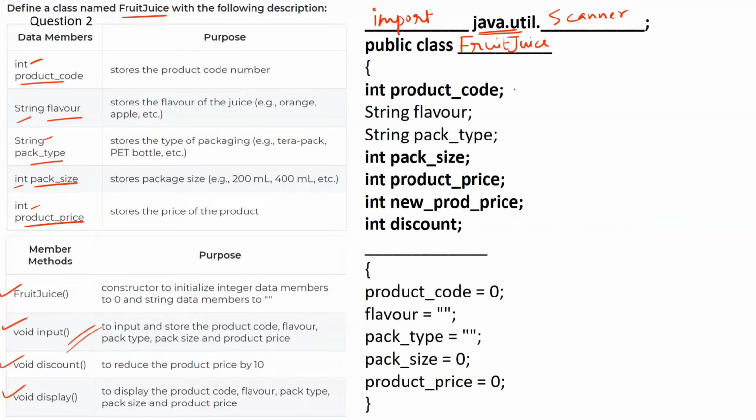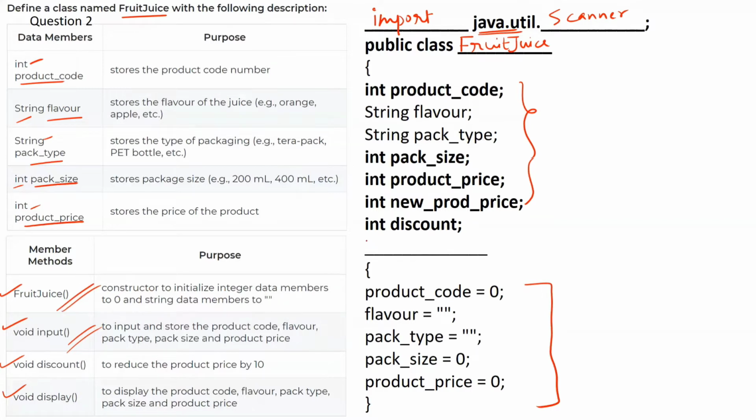Moving forward, what we have done here is we have declared the variables. And here we can see that we are initializing those particular variables, instance variables. So in order to initialize the instance variable, what we do is we create a constructor, and here we can see that they have asked us to create a constructor to initialize the integer data members to 0 and string data members to double quotes.